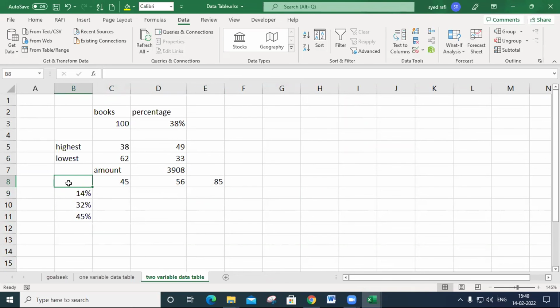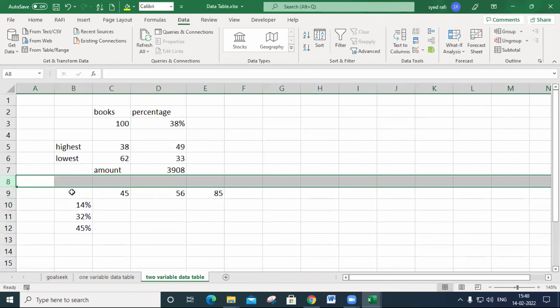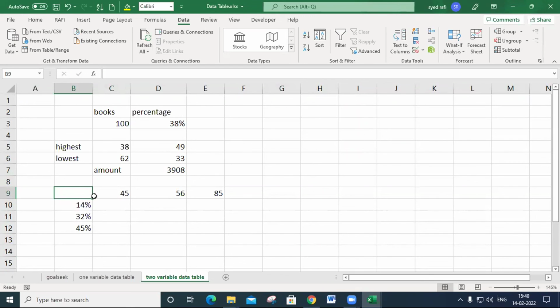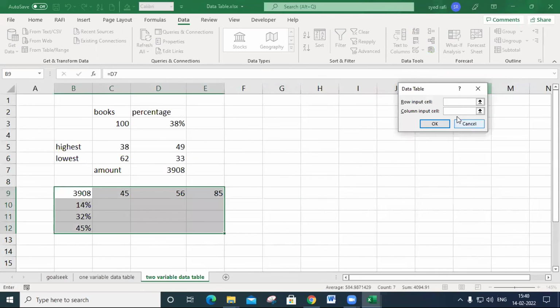Now at this location, above the percentage, you do one thing: type equal to, and click this one, so it makes a paste link. Now from here onwards you must select like this and choose data table. In the column we enter some percentages, so the percentage must be defined in the column. That's why I click here and select that percentage. At that percentage only I get this answer.